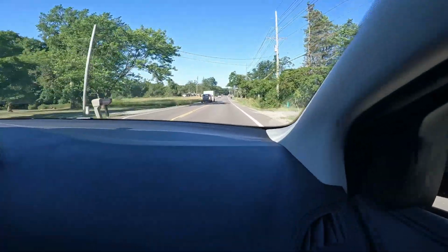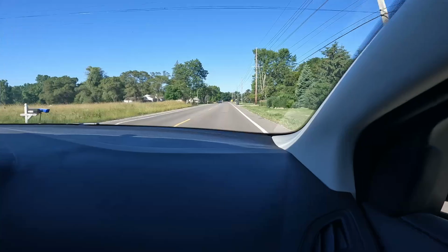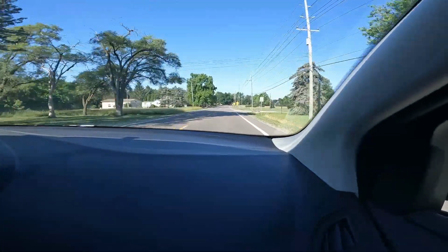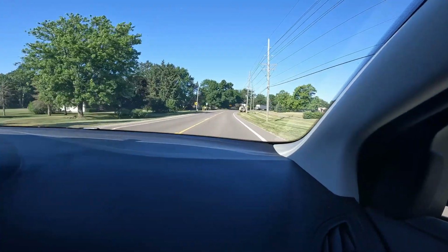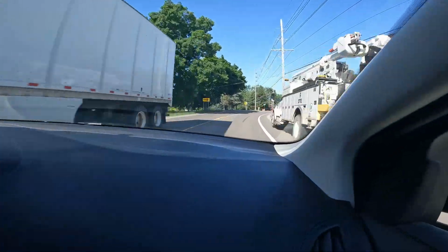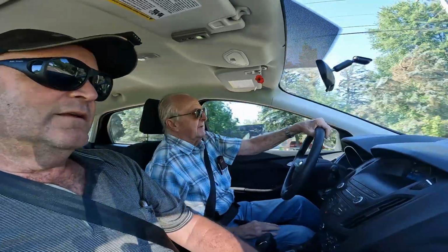Yeah, and what do they call it now? Because I was calling it New Hudson. Oakland Southwest is what they call it now, I guess. It's still New Hudson as far as I'm concerned. Anyhow, to make a long story short, the plane was flyable, but I hadn't flown it in a few years back in the 90s, and a fellow at the airport here, after it became Oakland Southwest,